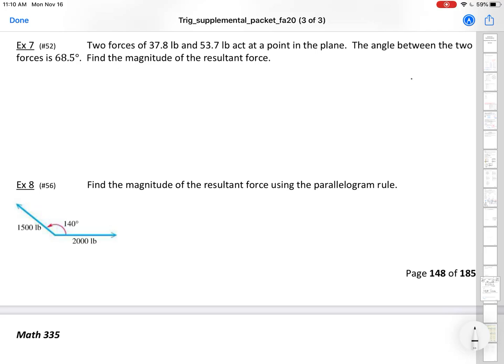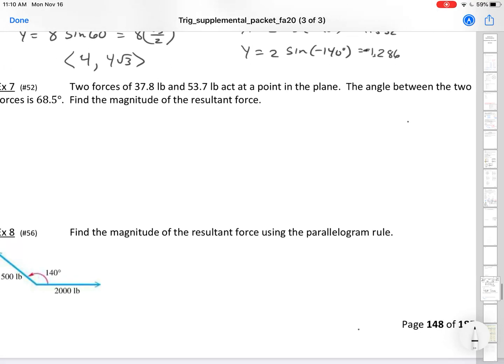As we go to this one: two forces of 37.8 and 53.7 pounds act at a point in the plane. The angle between the two forces is 68.5 degrees. Find the magnitude of the resultant force. This is where the parallelogram rule will really help. So as we focus on this particular problem,